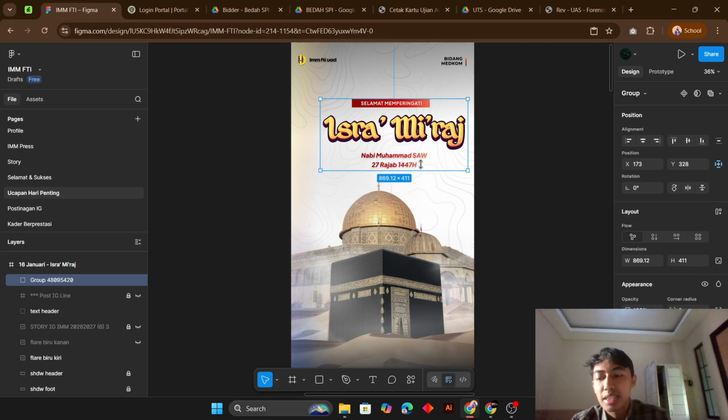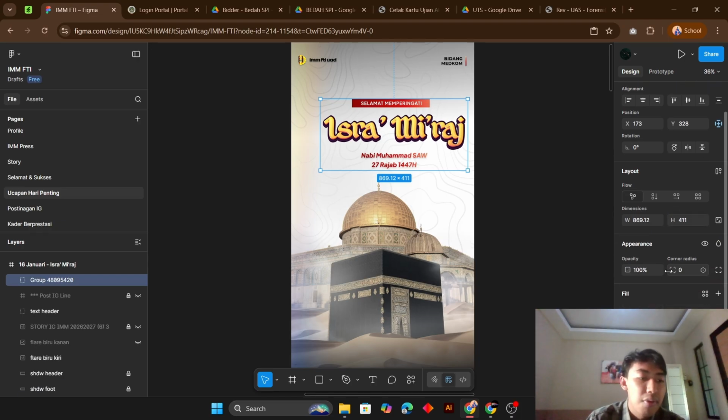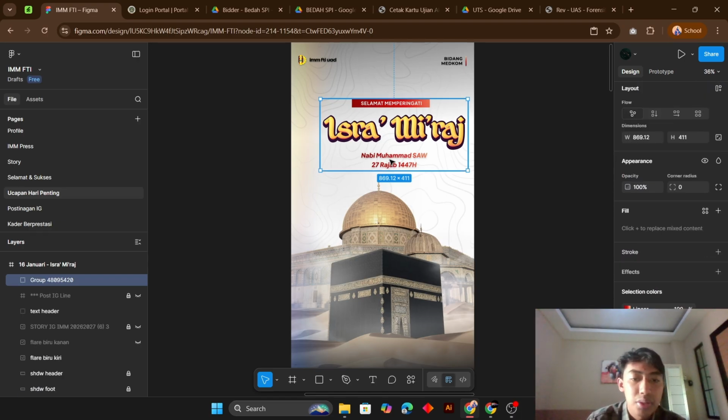The secondary text, Nabi Muhammad SAW, and the date 27 Rajab 1447 Hijriah is set in a clean sans serif font.